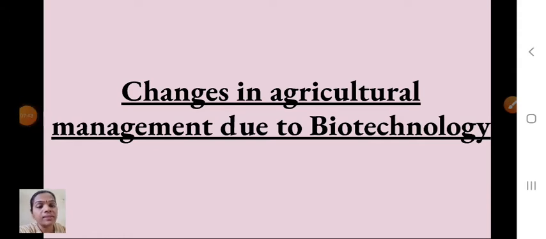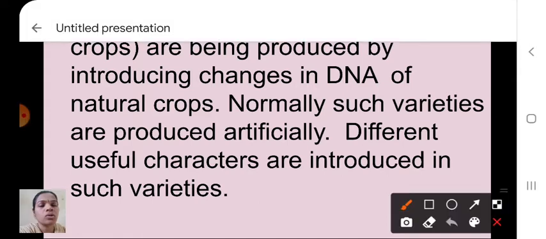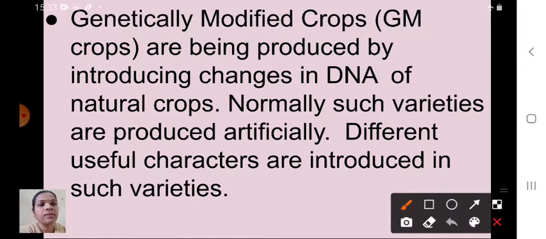Next, we will discuss the changes in agricultural management due to biotechnology. First point is genetically modified crops, that is GM crops. Here GM crops are being produced by introducing changes in the DNA of our natural crops. Normally such varieties are produced artificially. So genetically modified crops means what? It is produced by